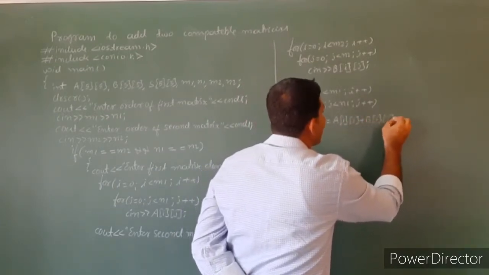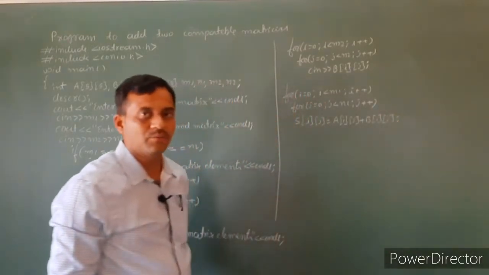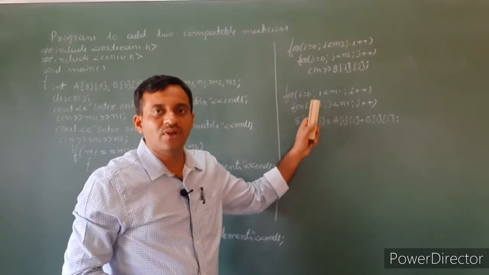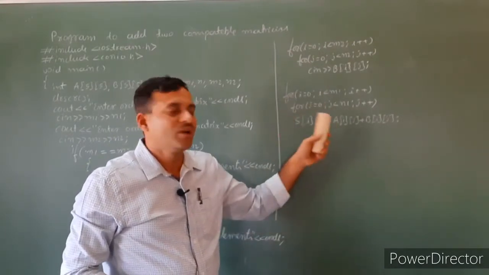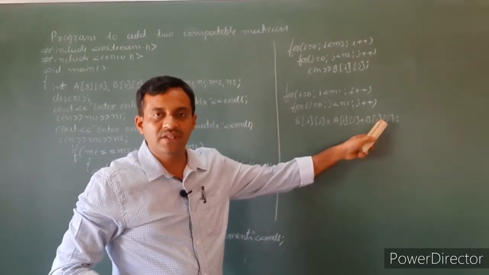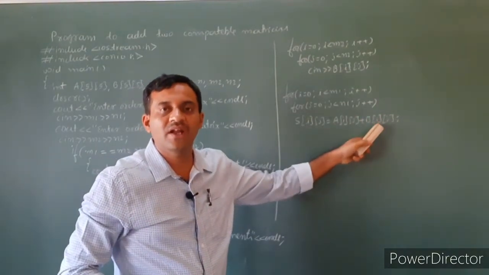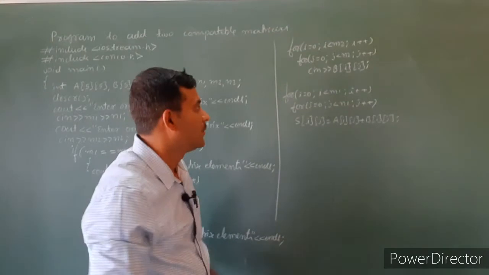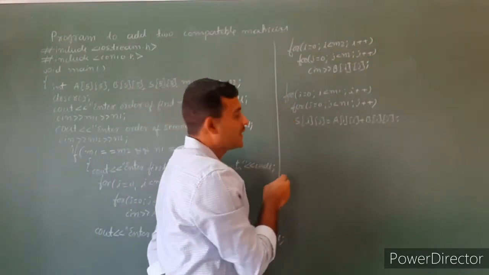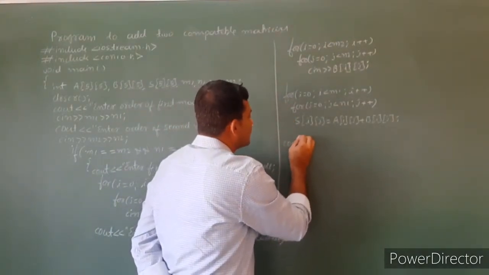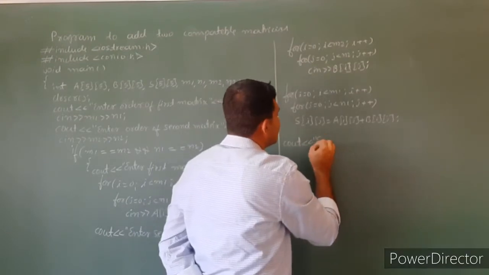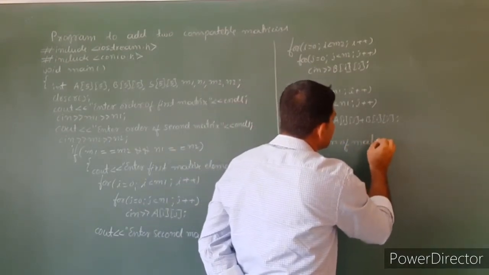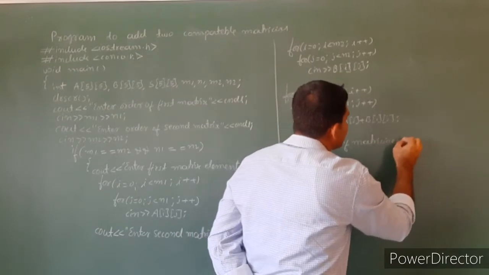We have to add the corresponding elements. How to add? Using 2 for loops, we have to access each element from both the matrices, then add the corresponding elements and assign to the resultant matrix S. When both for loops are terminated, output it. See out, sum of matrices. Matrix S is,